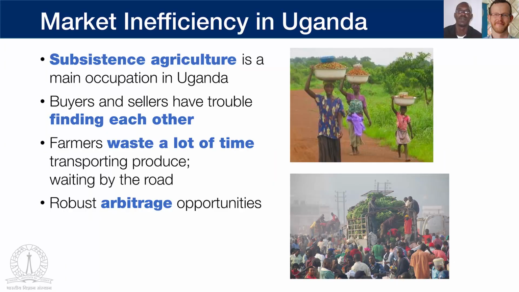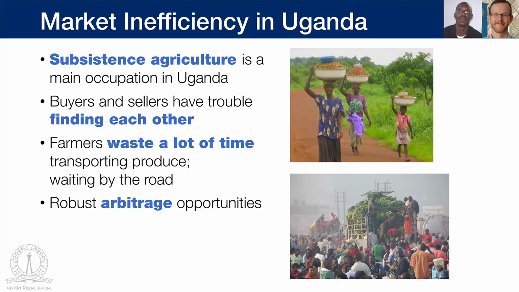So let me tell you some things about Ugandan agriculture, which might in some ways be similar, in some ways be different from India. Subsistence agriculture is the main occupation in Uganda. I think Uganda's GDP is like 80-90% agriculture. And agriculture is very low tech. Most agriculture is smallhold kind of non-mechanized, and typically subsistence farmers will 1 or 2 times a year sell some surplus produce to